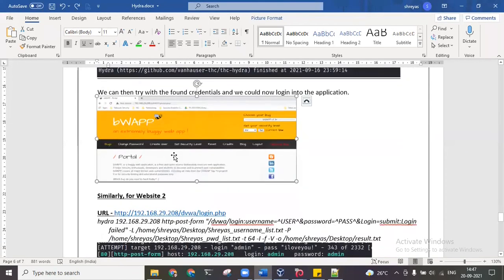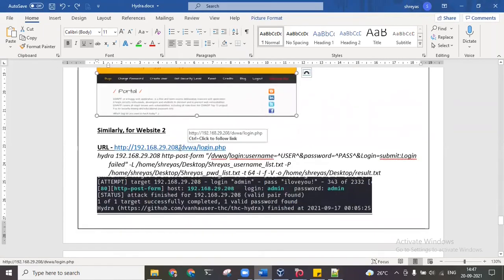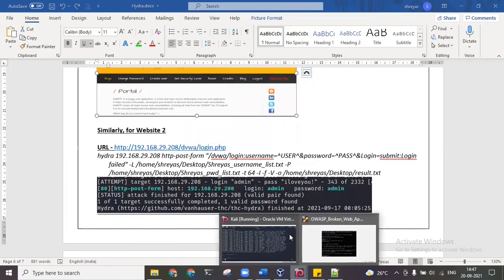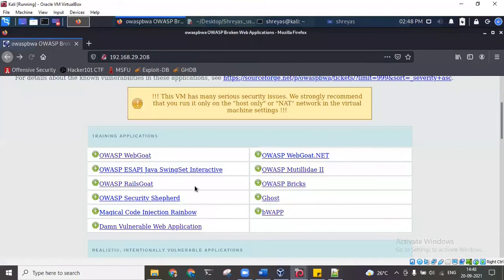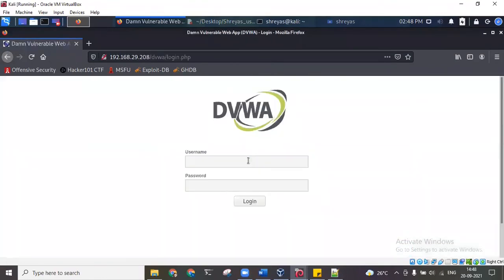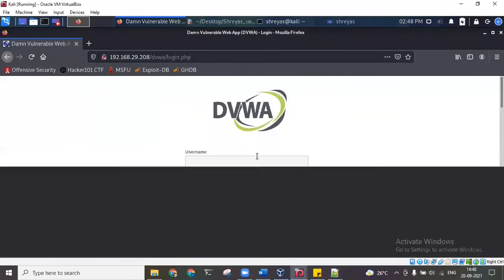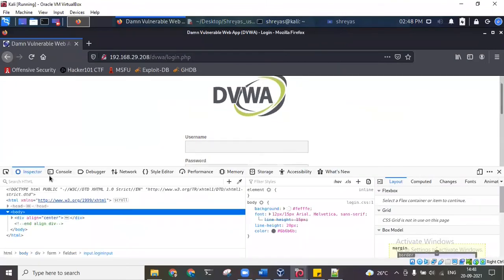If you log in, you can see. Also, we can try with this. This is a DVWA website. Same example. Like I just click that. This one is the mutillidae web application. Over here, the elements are slightly different.